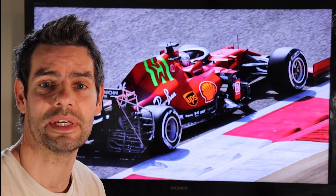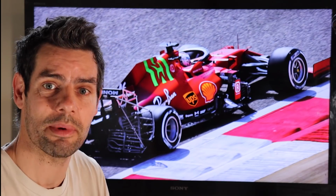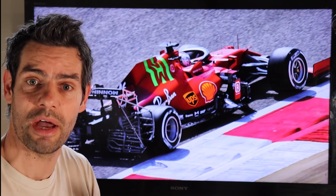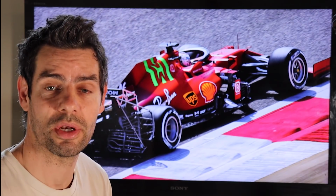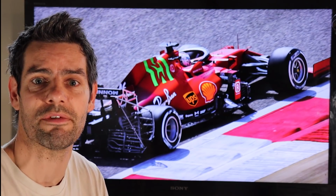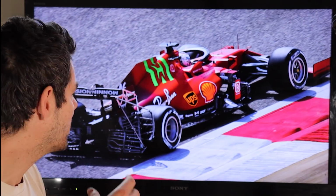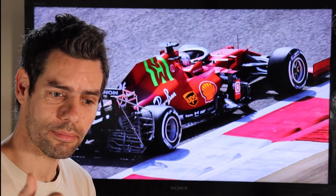On day one of pre-season testing, one of the biggest things you're trying to understand is how the aerodynamics of your car work, how stable it is going into corners, how the driver feels, but also what the data you're gathering is, and how, we hear the word correlation so much, how it correlates to the data you've been collecting previously from your wind tunnel and your CFD in the virtual world. Day one is all about rigging the car up with rakes and sensors to correlate that data,